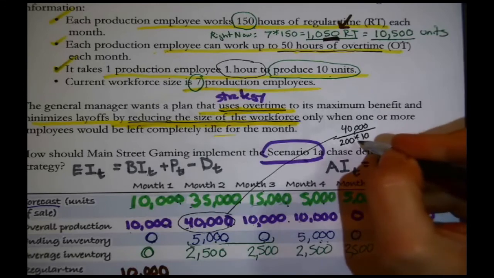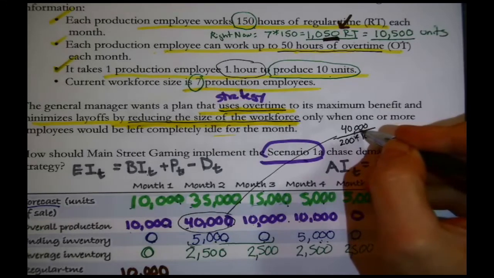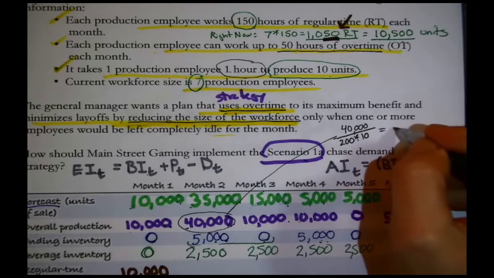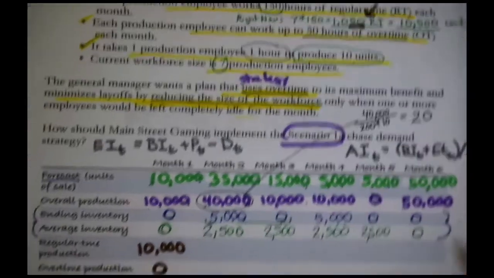Take 2,000, divide it into 40,000. It divides quite neatly. You get this number 20. You say, okay, yeah, well, I've got the number 20. It means you need 20 people. It's just logic. You need 20 people to cover that production level in the second month. Okay, better implement that now.